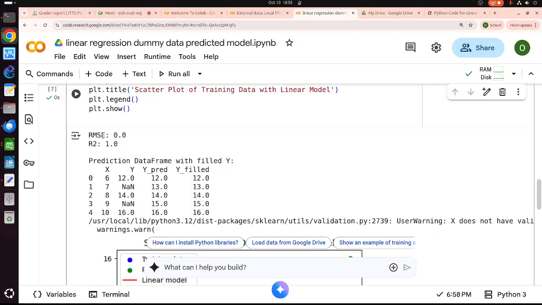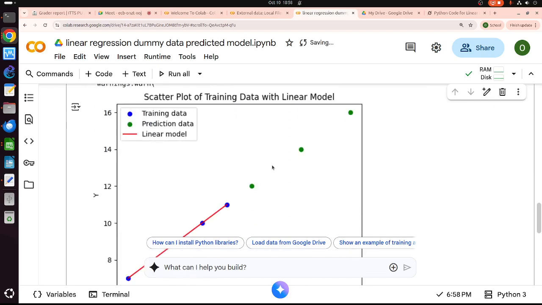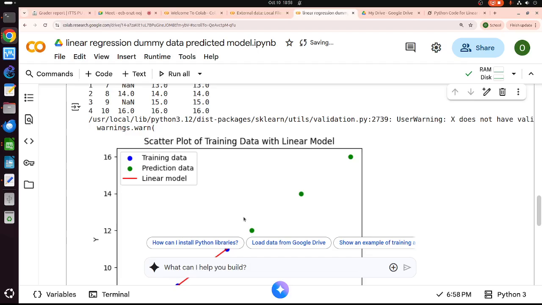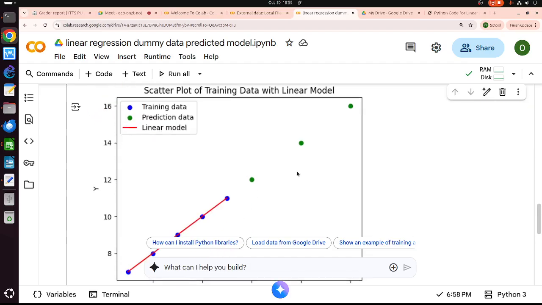So we have the root mean square error is 0 because the data is perfectly aligned with this. And the prediction data frame with field Y is this one. So this is the prediction data. Oh, okay, it's okay. This is the linear model. This is the prediction data.